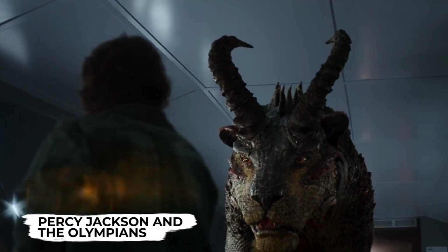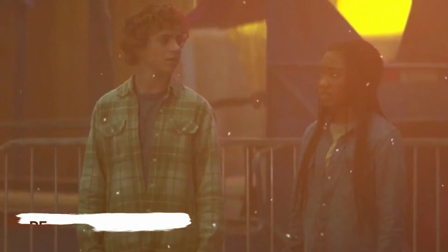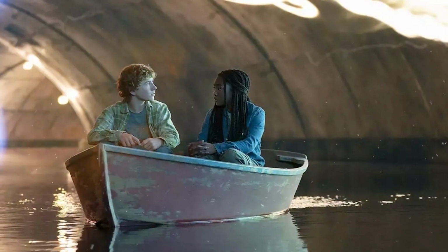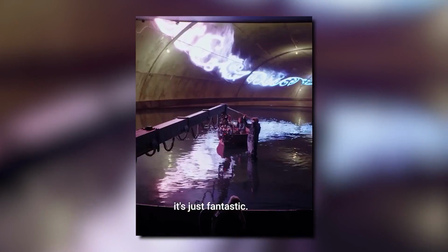Percy Jackson and the Olympians utilized CGI and VFX with some practical effects to create many of the visually challenging parts of the series. In episode 5, Percy and Annabeth visited Hephaestus's park, which is similar to an amusement park. On the ride through the love tunnel, they experienced a magnificent display, and none of this, including the water, resulted from CGI or VFX. So the crazy secret behind that scene is that they used a digital studio called Volume